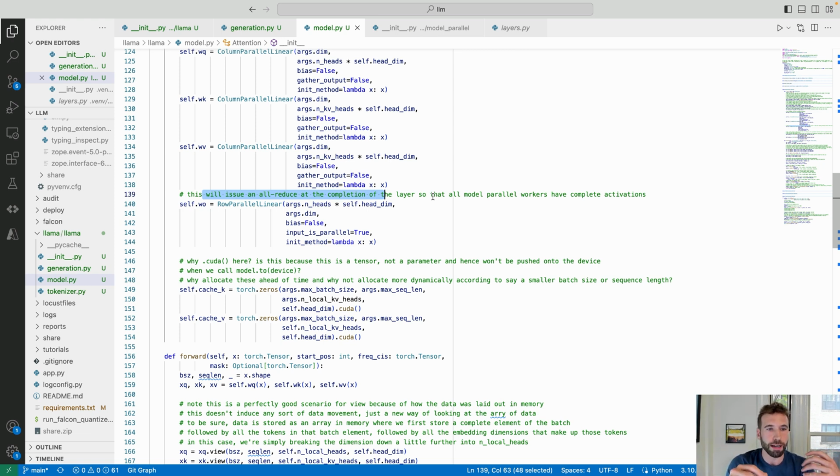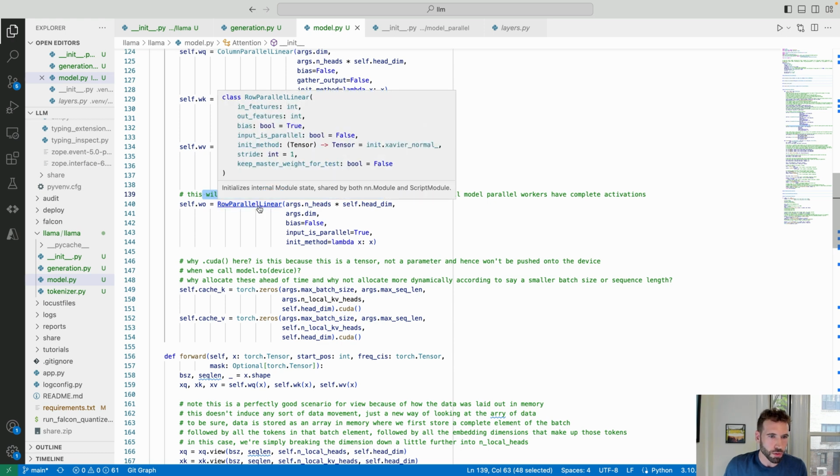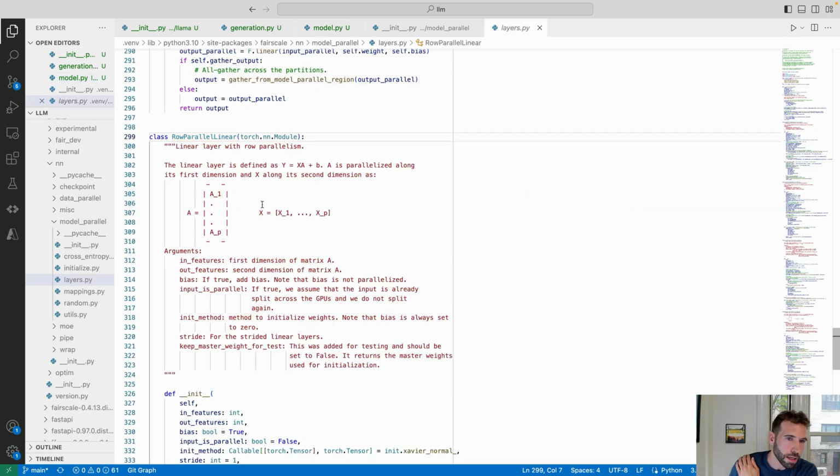And now we do this in a row parallel manner, and there's an all reduce that has to take place. So this one's a little harder to understand, but let's give it a go. So you've got, again, same approach. You've got y equals xA plus b. A is going to be split